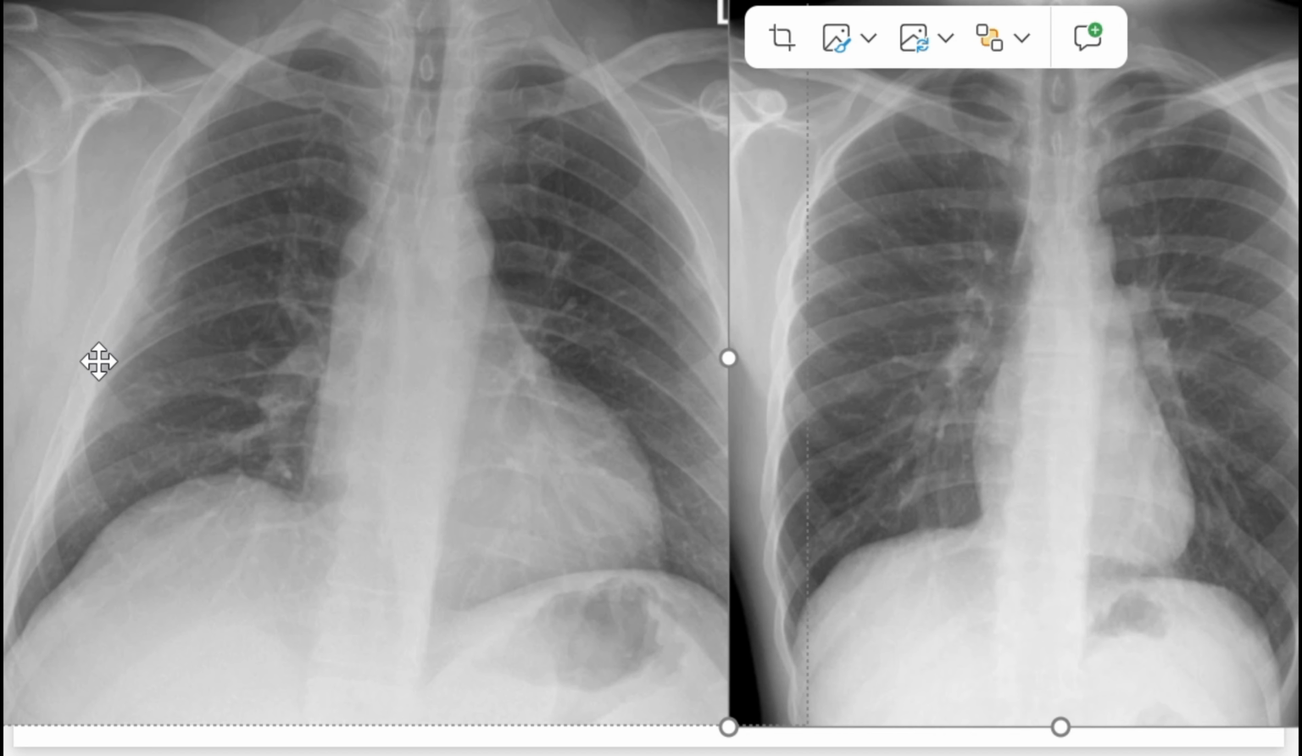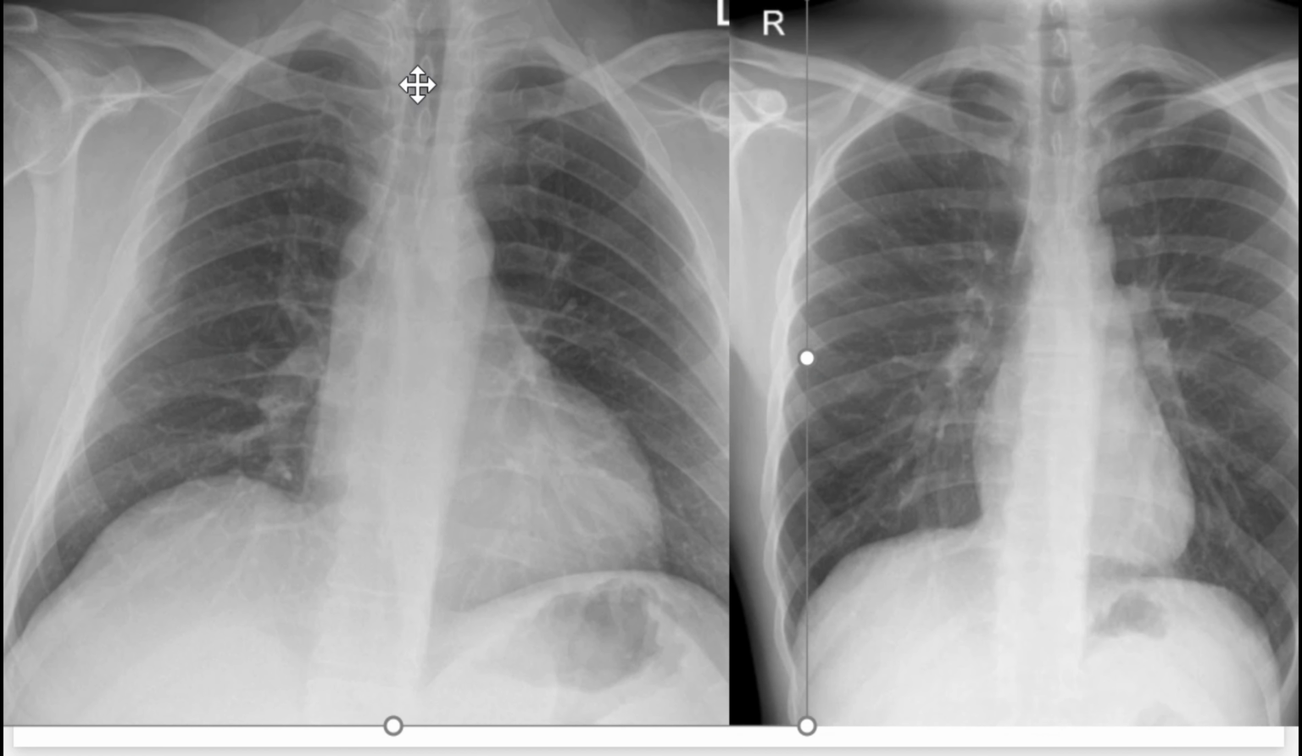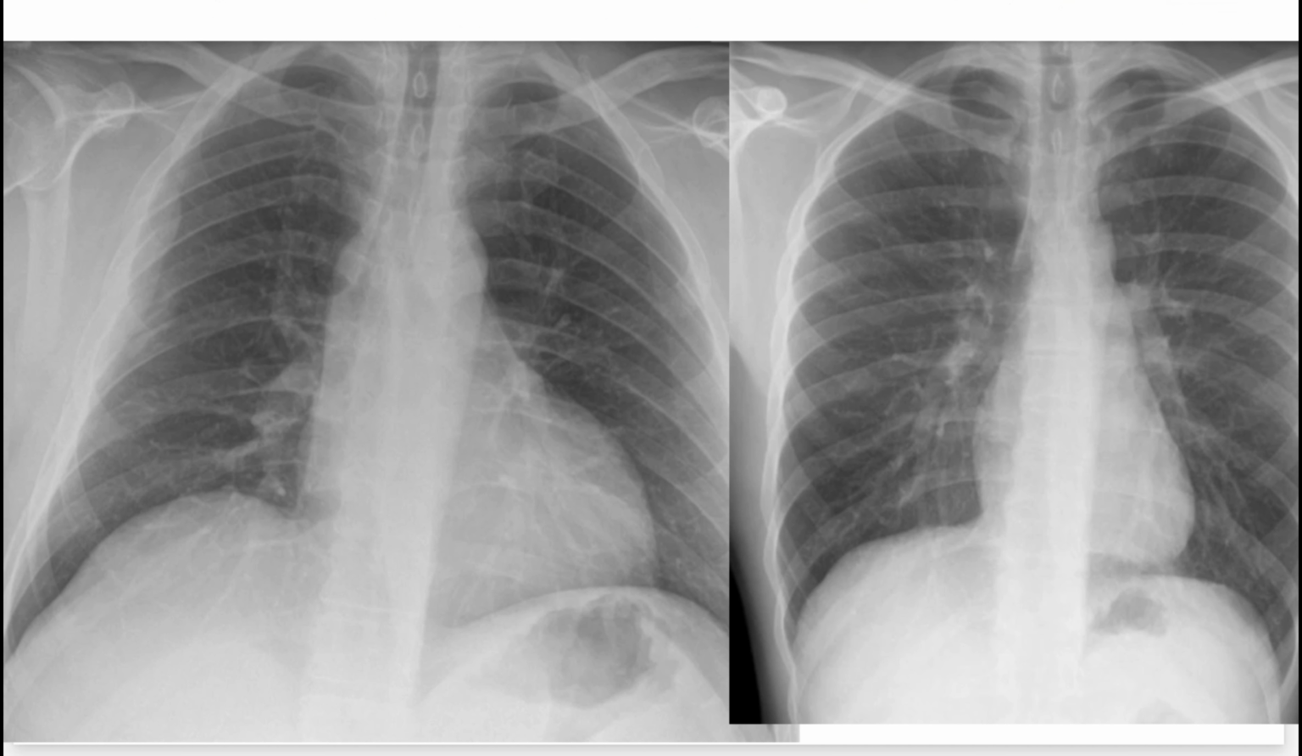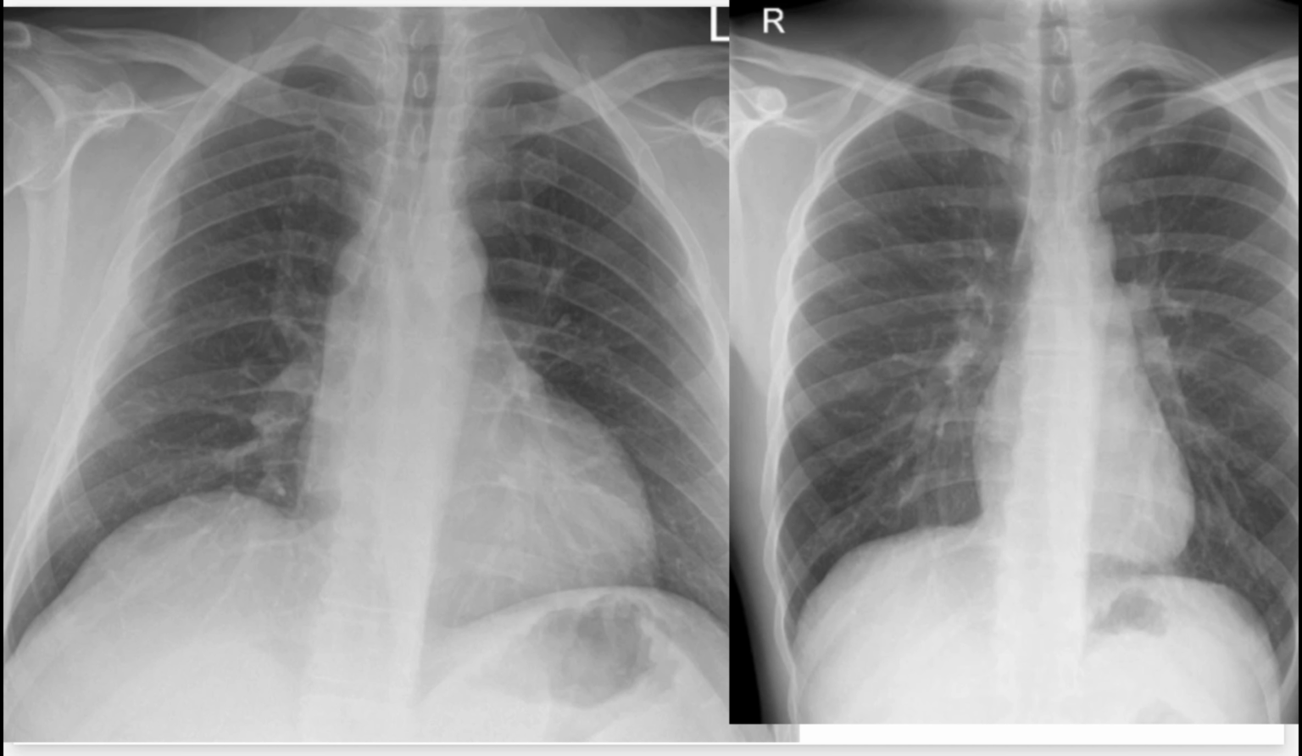Can you see this? So let's count. Let's count the ribs. So here, this is the first rib, normal. The second rib, normal. The third rib, also normal. First, second, third. The fourth rib,